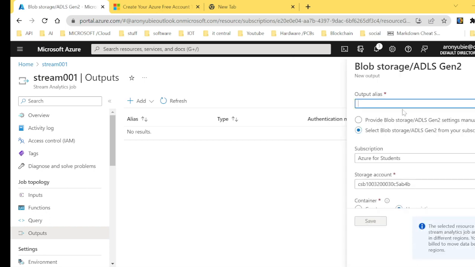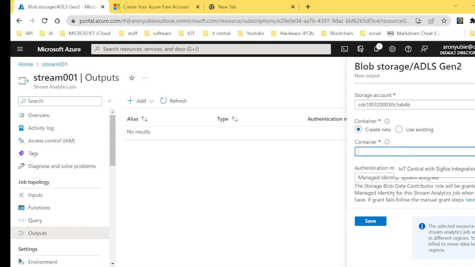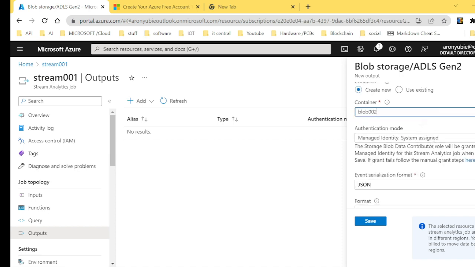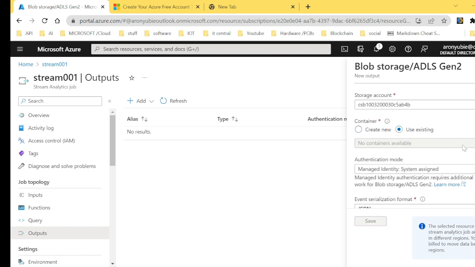After clicking blob storage, you want to call it output blob 002. Okay, output blob 002. Keep everything else default. For container, I want us to choose the container name, call it blob 002, and I want us to use existing,